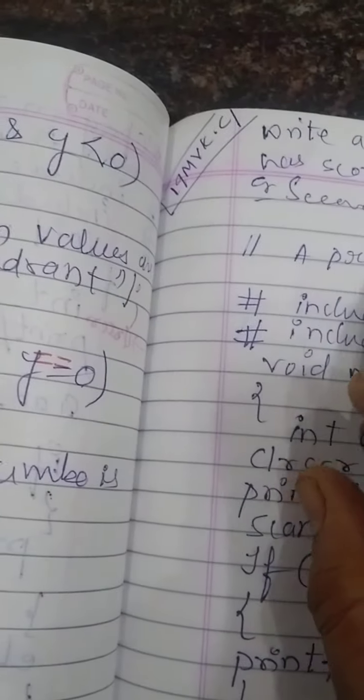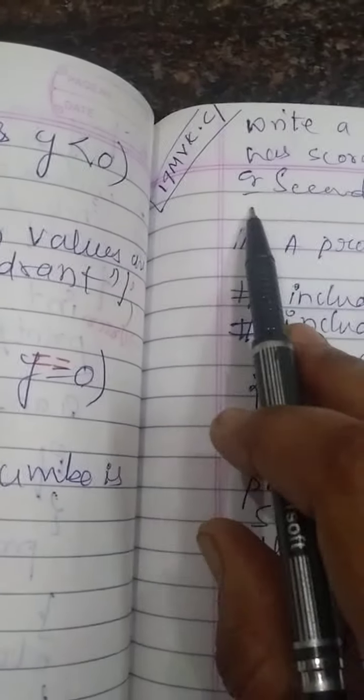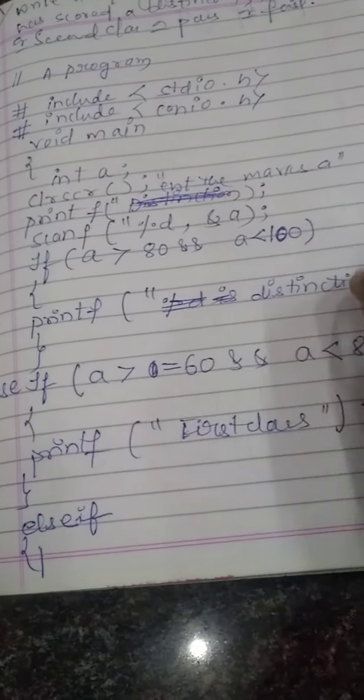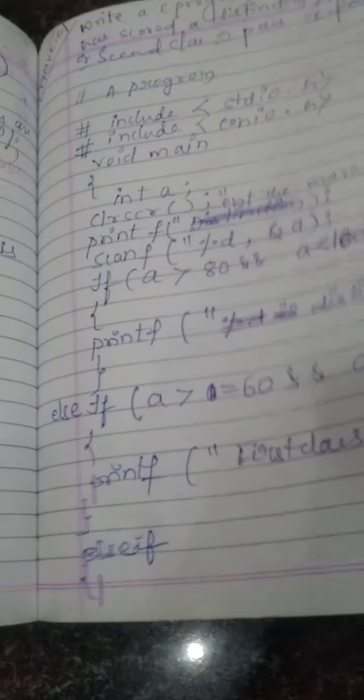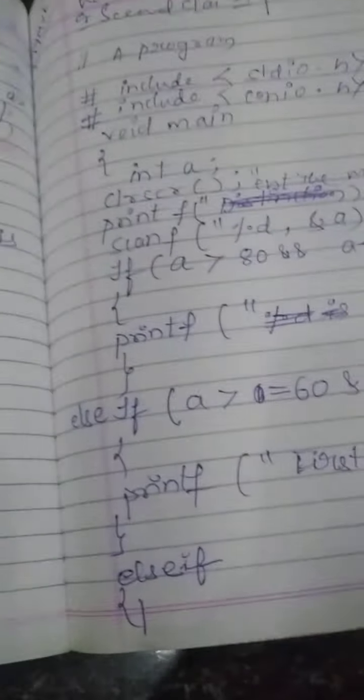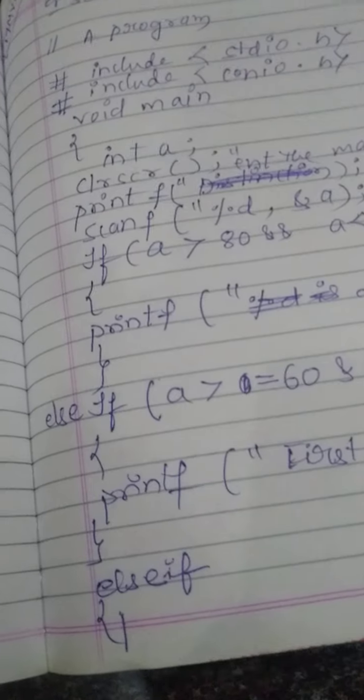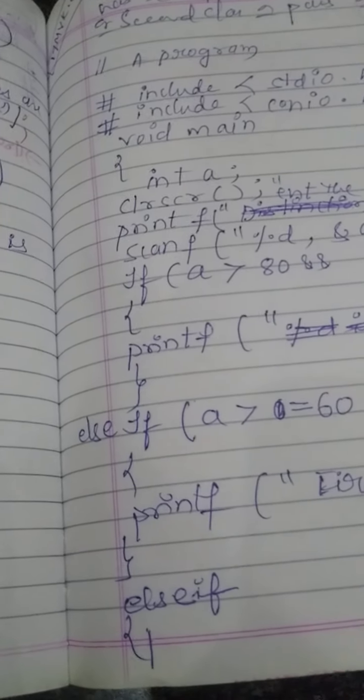And write a C program where a student has scored a distinction, first class, second class, pass class, or failed, depending upon the percentage that I have mentioned here. First you read the student marks and check with those marks whether he is in first class, second class, or pass class. So you must read each program carefully, then you can easily understand.